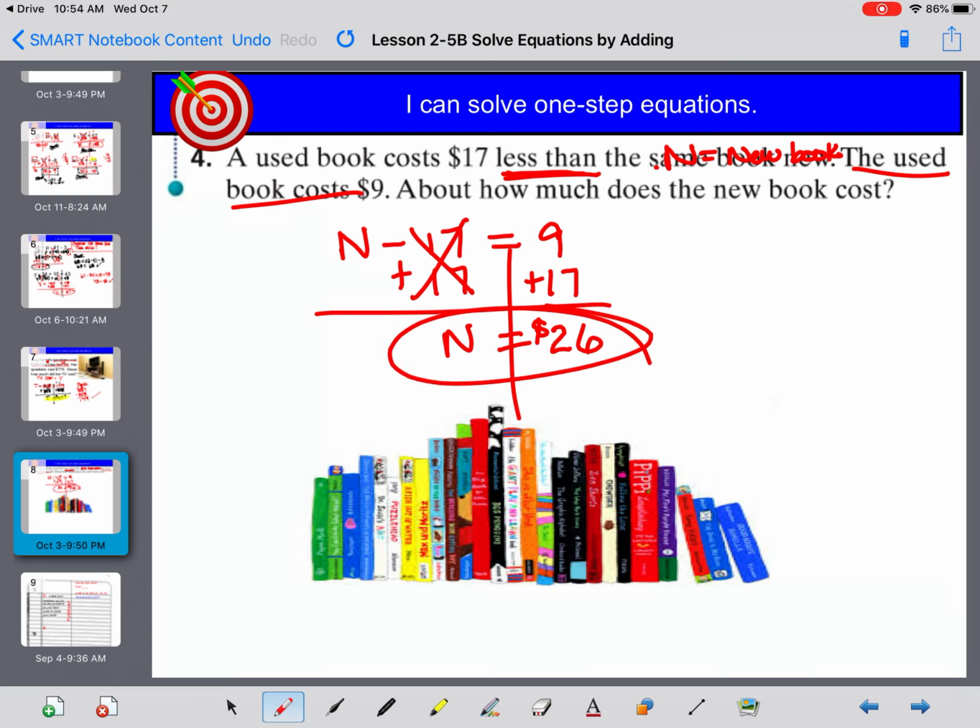Now, I always get kids who say, oh, I did that differently. I just did 9 plus 17 equals N. That's okay. Other people say, I didn't use N, I used X, I used B. That's okay. Use any variable you want. Any letter A through Z is fine. Other people say 17 plus 9. That also works. And lastly, I get people who say, I do N minus 9 equals 17. And that would